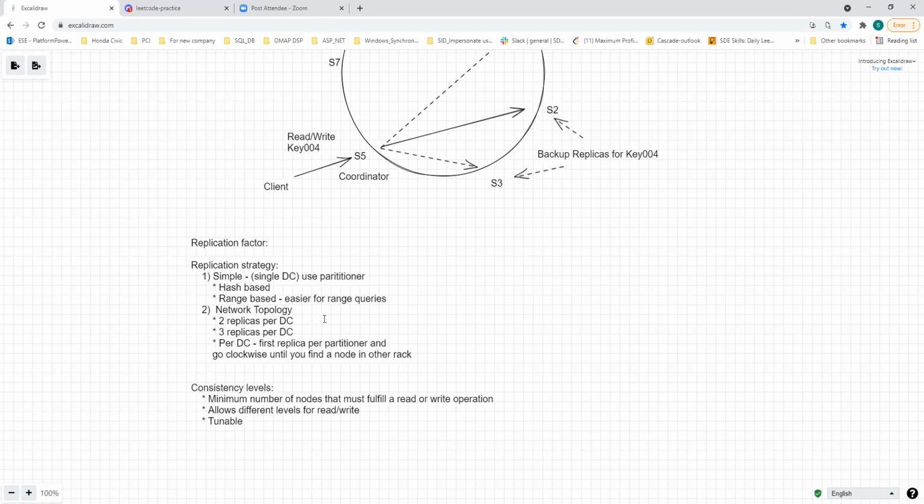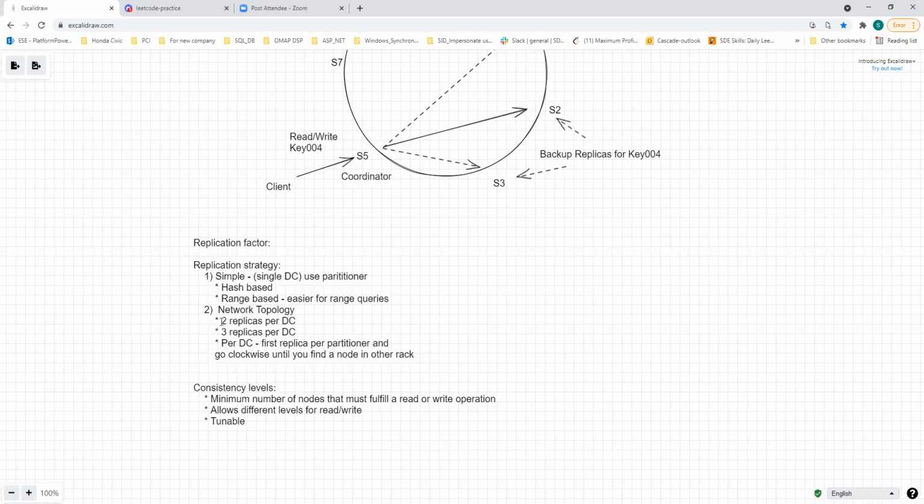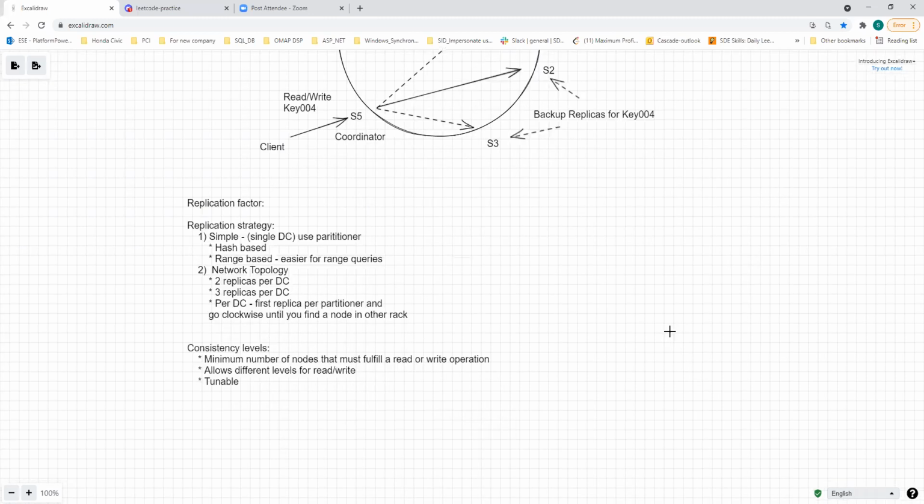So that is a flexibility in Cassandra. With network topology, you can specify 2 replicas per data center, or maybe 3 replicas per data center. Each data center will have 2 replicas based on the distribution of your data. And one more thing that was discussed: if you consider a data center,